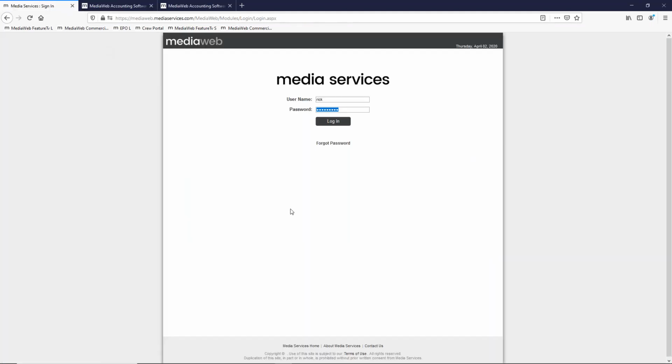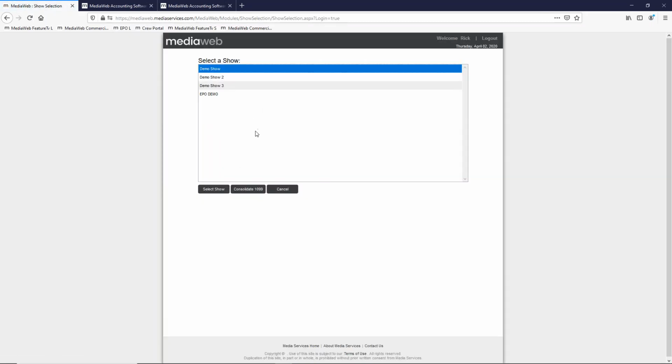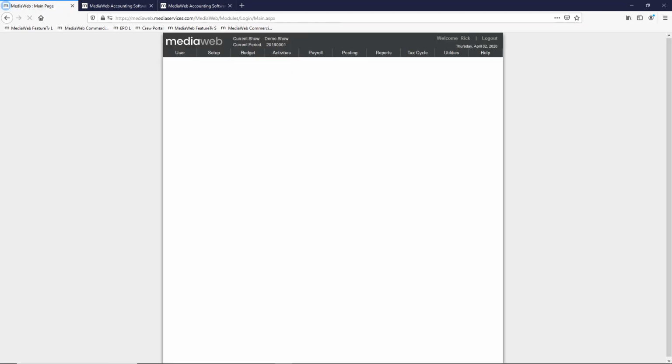All right, so for those of you who haven't used MediaWeb previously, MediaWeb is a secure online application accessed through your browser. I'm using Firefox today, and we're starting at our login screen. When you first log in, it's going to give you a list of all the shows that you have access to. I'm going to access our demo show here and go into the application,